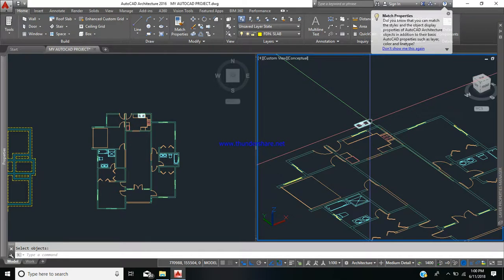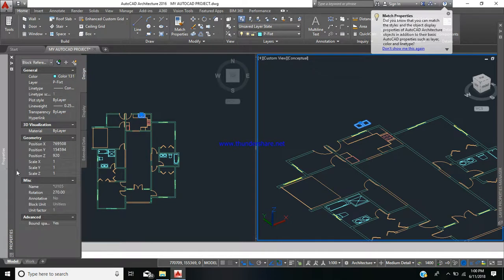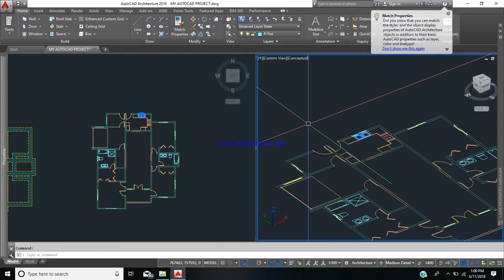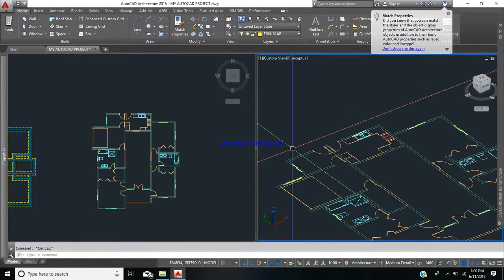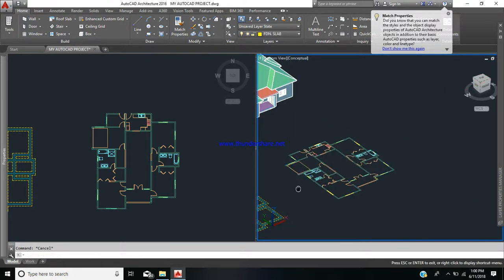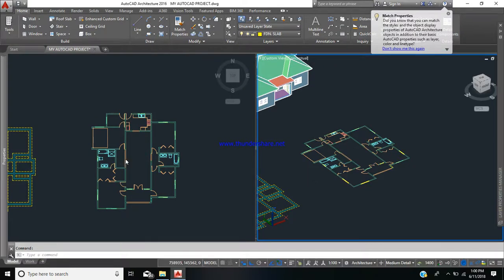And so to fix that, we'll select the sink, and from our properties, we'll give it a Z position of 0, which is referring to the height. Once you click back on the screen, the sink would have again fallen back to the floor. Alright, so there we would have had our 2D